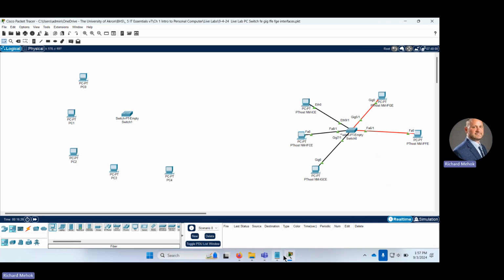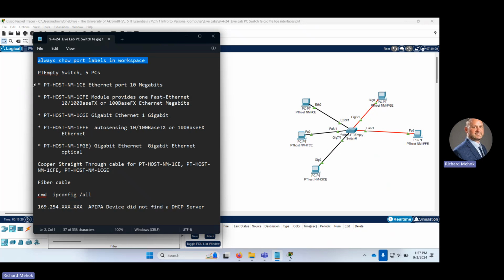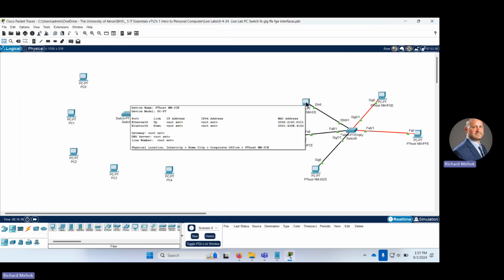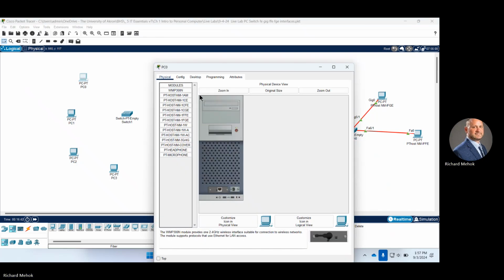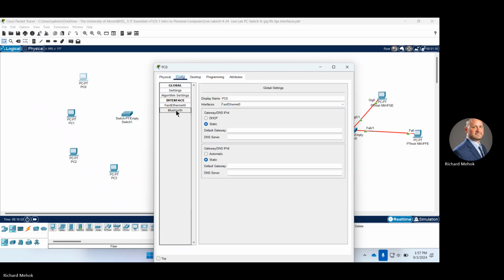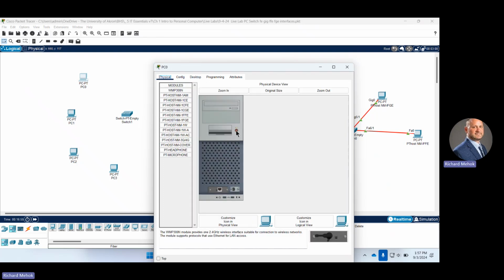Let's start with the slowest and the oldest interface card, and that would be an Ethernet port. It was only 10 meg. We'll go to any of your PCs. I'll start with PC 0, and I want to turn that PC off. If you look at your config tab, you can see it's fast Ethernet 0. So turn it off, remove the card. We want the Ethernet port, the 10 meg. That's the 1CE, so grab it,